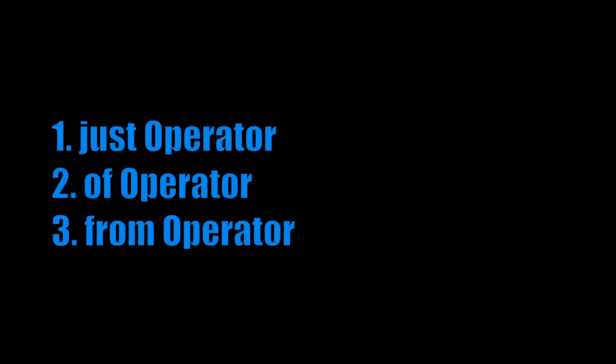In the second session, you already got the understanding of what observables are in RxSwift. In this session, we will learn the different operators available through which we can create an observable sequence in our code. Basically, we have 3 operators in RxSwift. With the help of them, we can create an observable sequence. The first is the just operator, the second is the of operator, and the third one is the from operator.